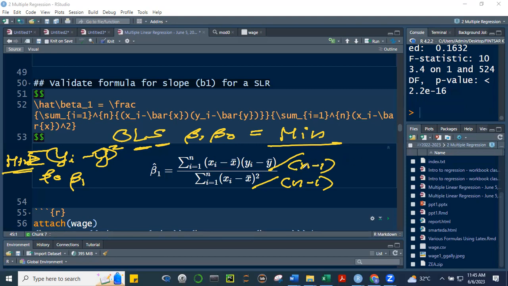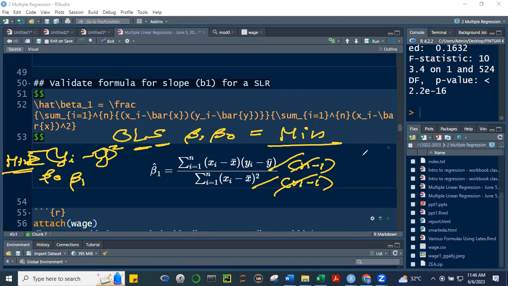Of course, class, nagka-cancel yung n minus 1, no? Kasi pareho silang may n minus 1. Kaya ang binibigay lang ng formula ito. Kasi magka-cancel naman itong n minus 1. But the whole formula is that merong n minus 1 yan. Ito din sa baba may n minus 1. And therefore, what is the numerator here? Can anybody recall? Inaral niyo sa basic stat niyo. X minus x bar times y minus y bar summation over n minus 1 is your,